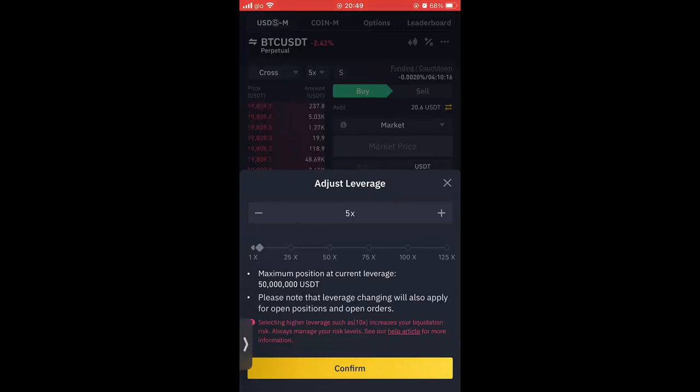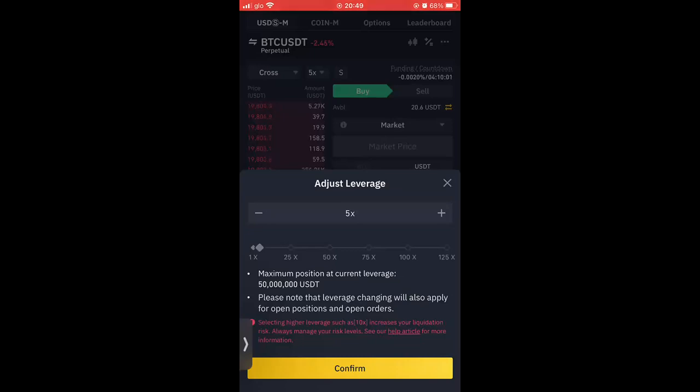The bigger your leverage, the bigger your profit, and also the bigger your loss. It's a double-edged sword.